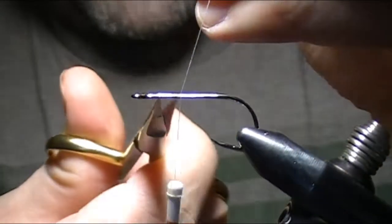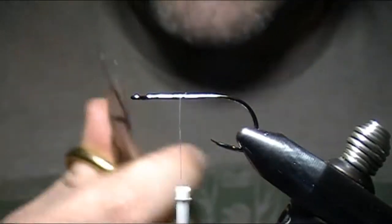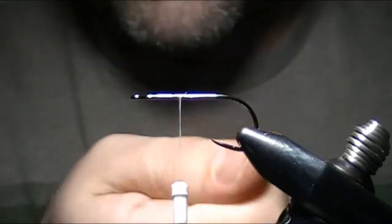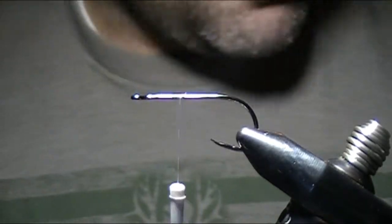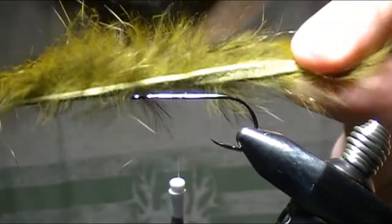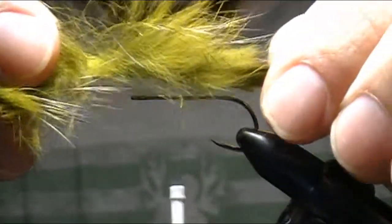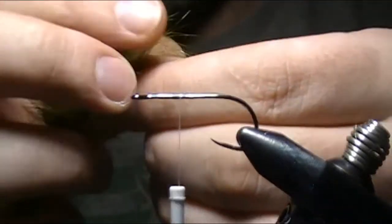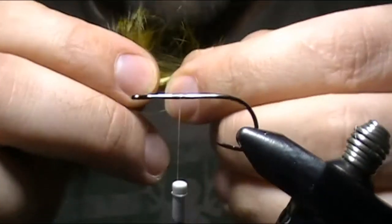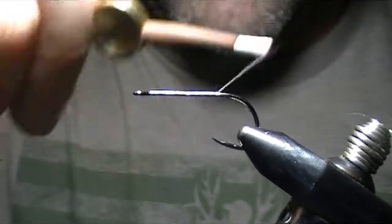And I found the best way to cut GSP thread. It's hard to cut, but it's easy if you just push the scissors against it. So we're going to start off with a zonker strip. This one's just an olive barred black, and I usually measure about 1.5 of the shank length for the tail on this fly. So we'll take our thread and move it all the way to the back,